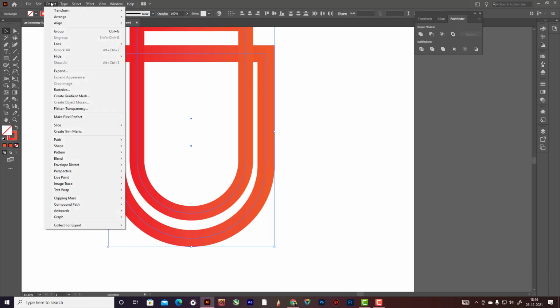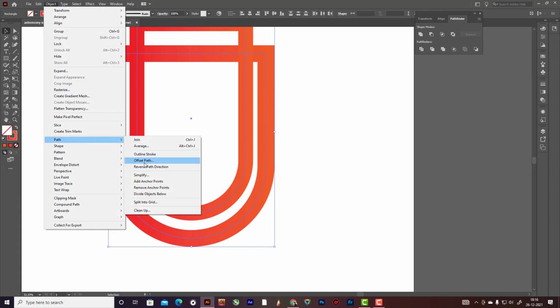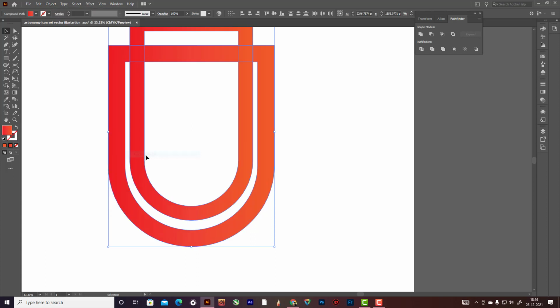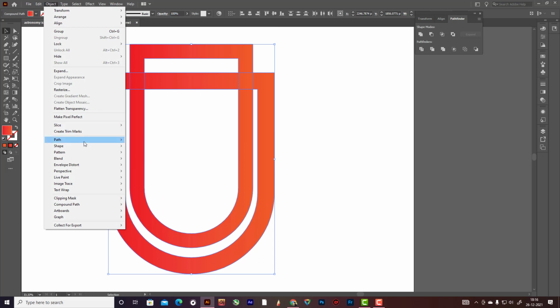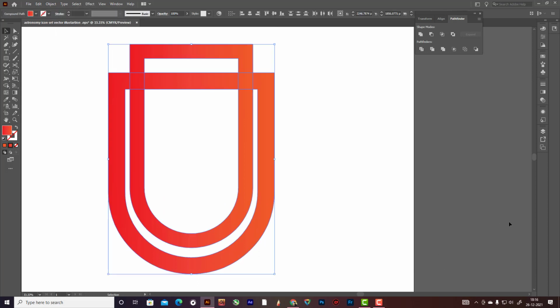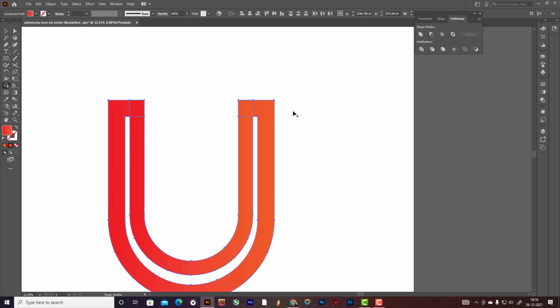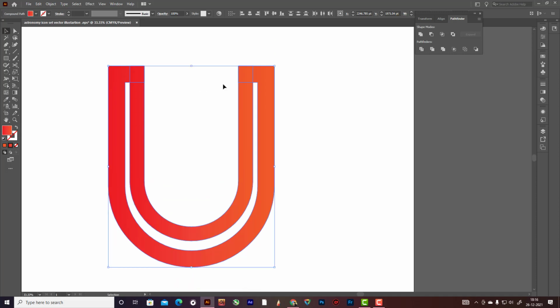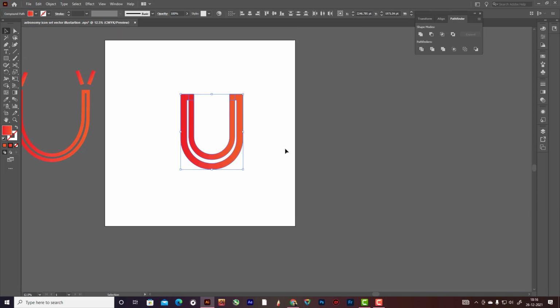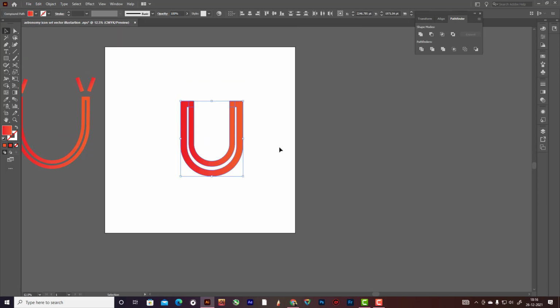So here another idea you can make like this. Outline is stroke. So here everything is right. Now cut this unwanted part, so this is an idea you can make like this. Okay, and